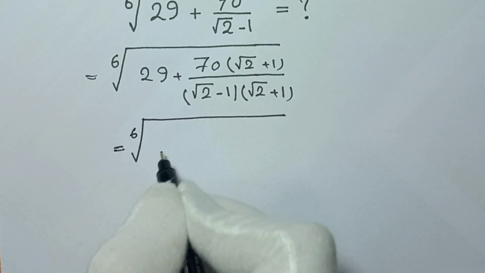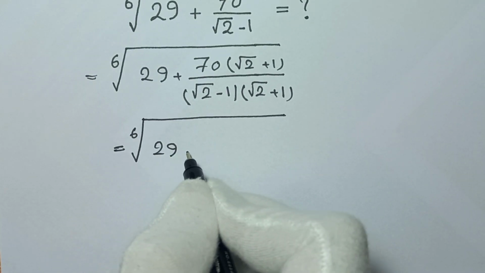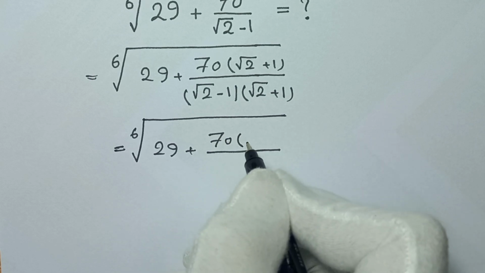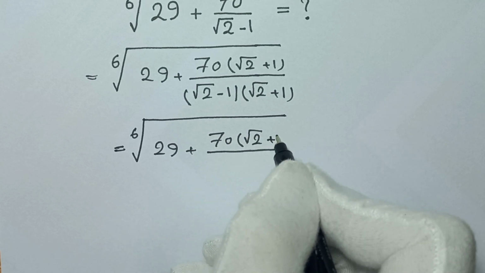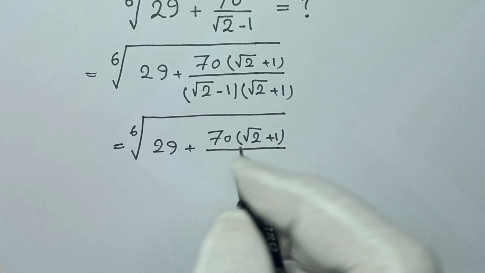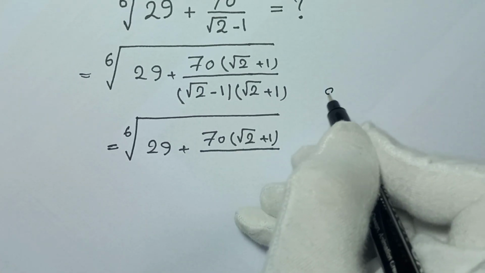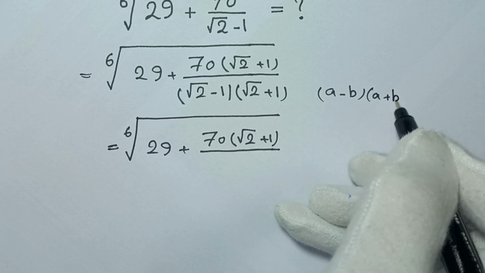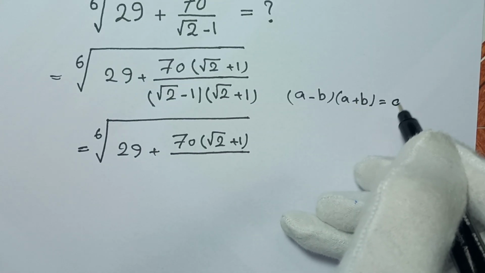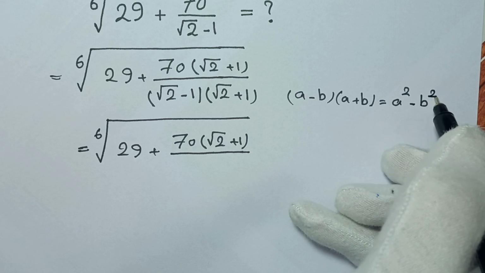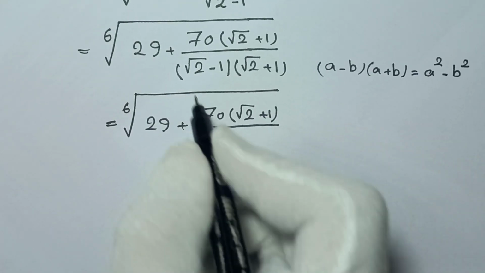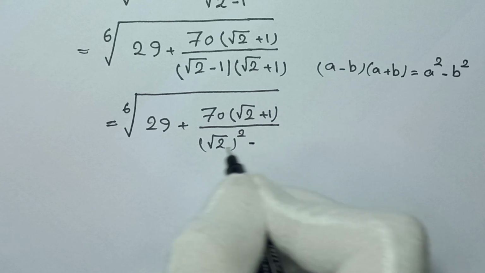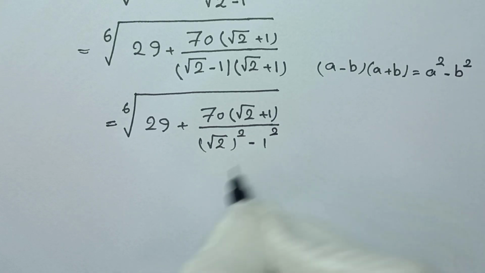6th root of 29 plus 7 times square root of 2 plus 1, and over, in here this is in the form of a minus b times a plus b, right? And this is equal to a square minus b square. So in here this is equal to square root of 2 squared minus 1 squared, right? And it will be